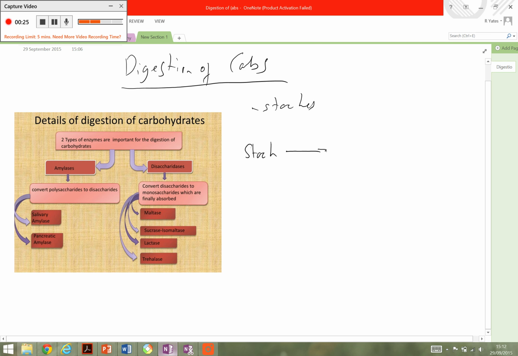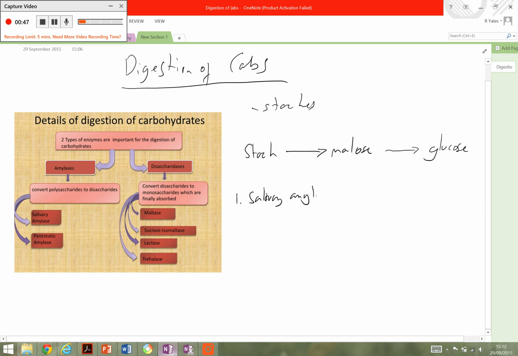First, it's digested into maltose, which is a disaccharide. And maltose is then digested into the monosaccharide glucose for absorption. There are lots of different procedures that it has to go through. So you first get your mechanical digestion in the mouth, but then stage one is your salivary